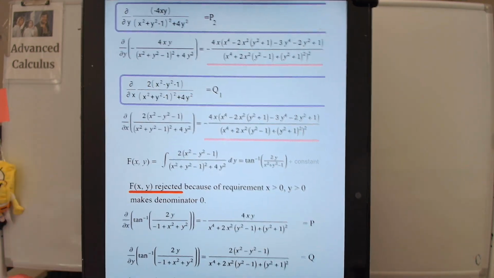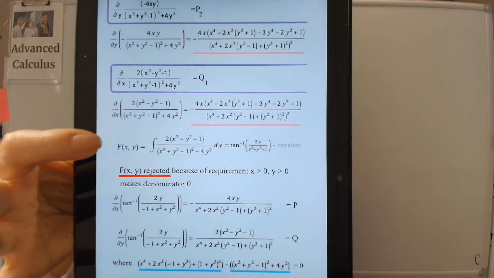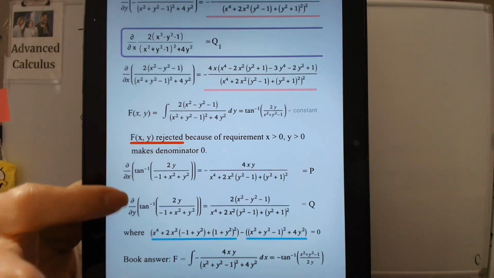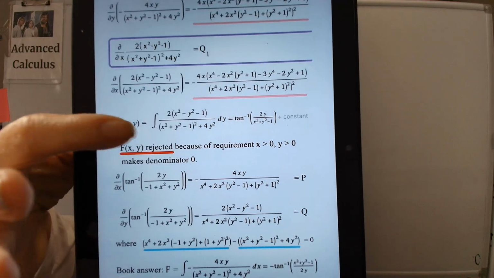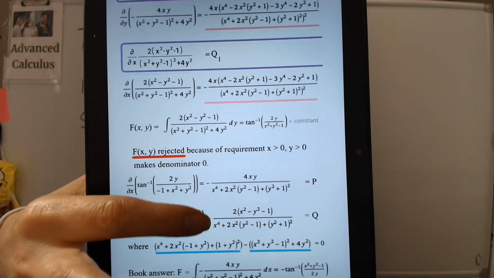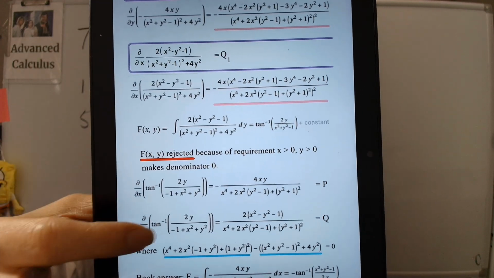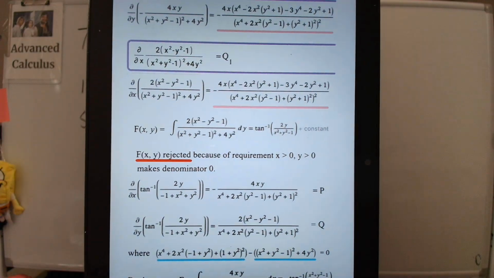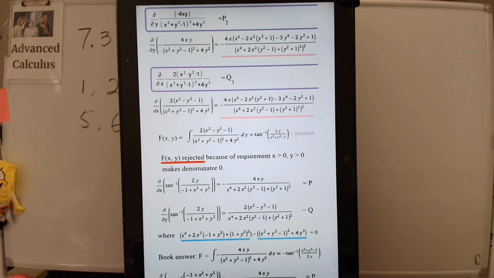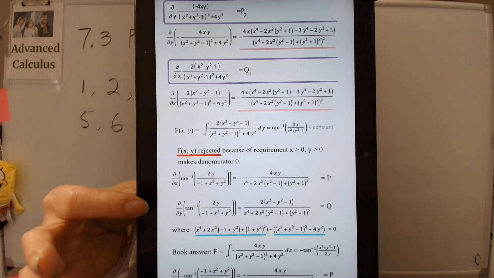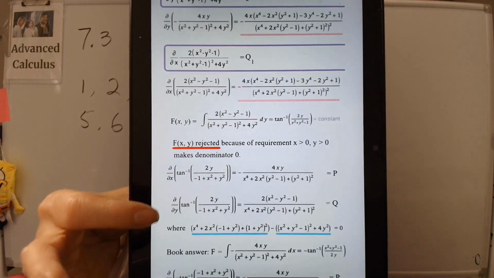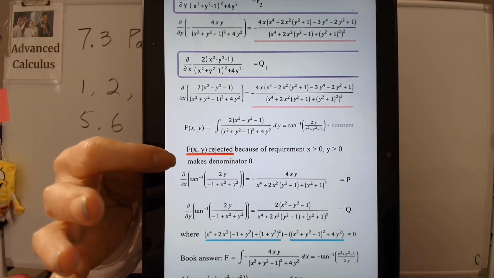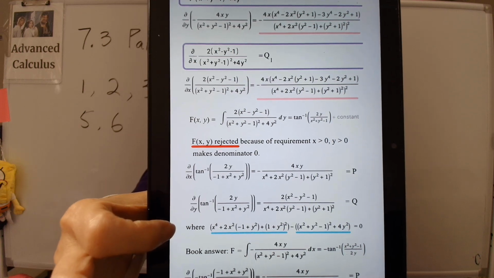And well, the big F in this one that came out is tangent inverse of this thing. It does work, as you can see here. If we take the partial derivative of this thing, it does equal partial x equal to p and partial y equal to q. It checks out nicely. The problem, however, is that, well, this thing checks out very nicely. There's just one minor problem, because the denominator here, where